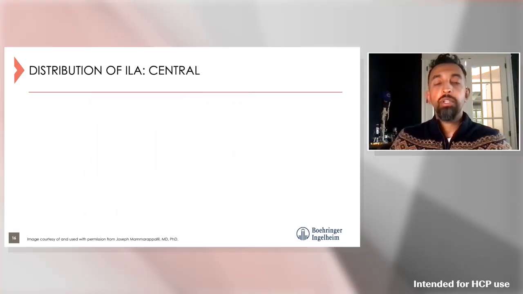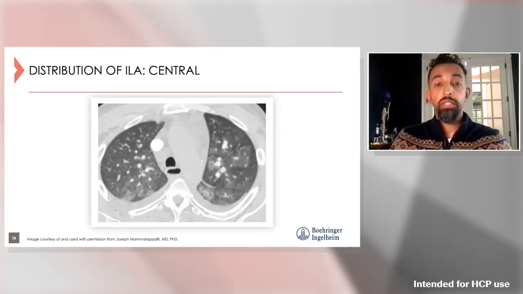When we talk about interstitial lung abnormality occurring in the central aspects of the lung, that is shown with this image. If we look at the central portions of both upper lobes, here you can see left greater than right ground glass opacity. And again, ground glass opacity is going to be those opacities that do not obscure the underlying airways and vasculature. I can see the airways and vasculature through this. I've got central ground glass here. If I was going to describe this patient as having interstitial lung abnormality, this would be in a central process, not in the subpleural aspect of the lung.